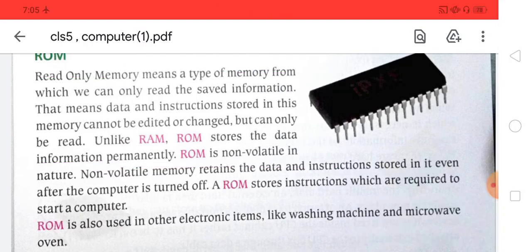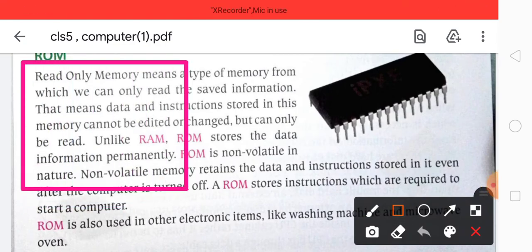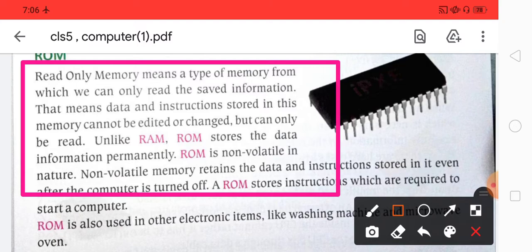The read only memory means a type of memory from which we can only read the saved information. That means the data and the instructions stored in this memory cannot be edited or changed but can only be read. Unlike RAM, ROM stores data and information permanently, but it is non-volatile in nature. Non-volatile memory retains the data and the instructions stored in it,